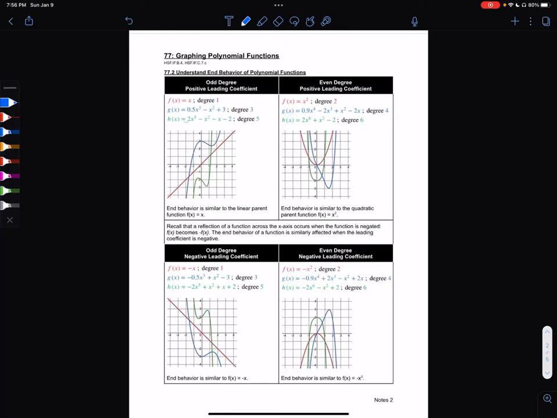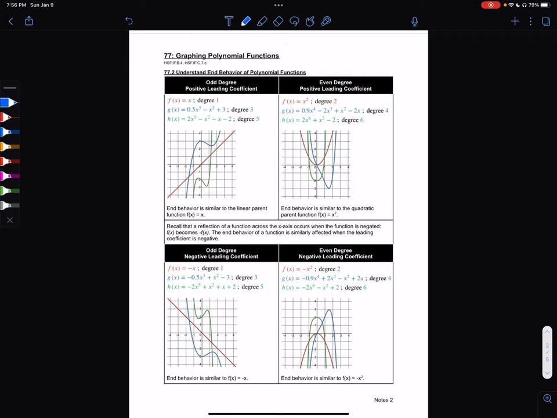In this video, we're going to look at topic 77, example 2, understand end behavior of polynomial functions. So this will be another video where there'll be a lot of talking and not too much doing, but we want to go over these polynomial functions and understanding what the end behavior looks like. And this is one of those things that once you understand, it makes a lot of sense and it makes other processes much easier because you know what your functions are supposed to look like based on a couple of key